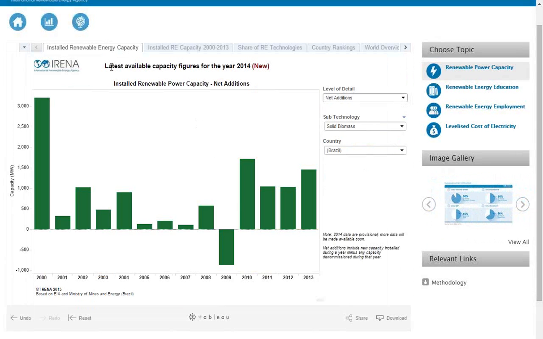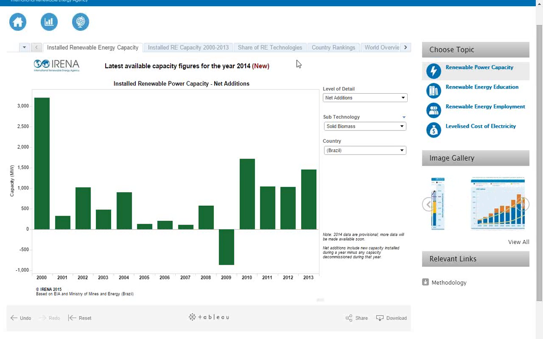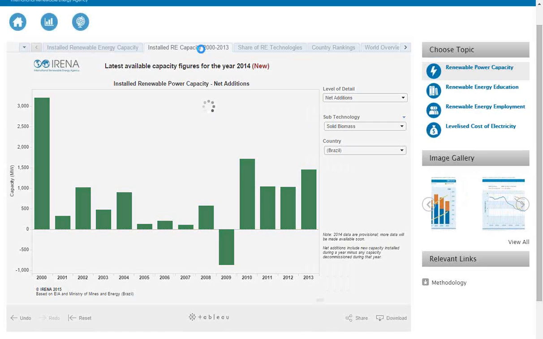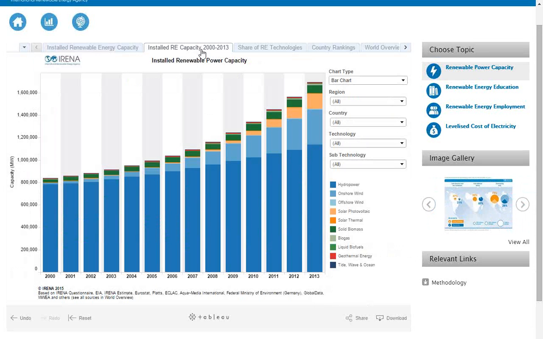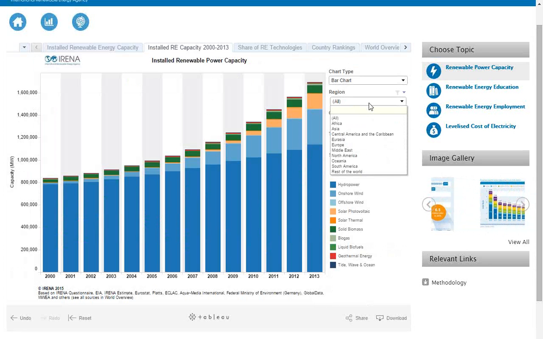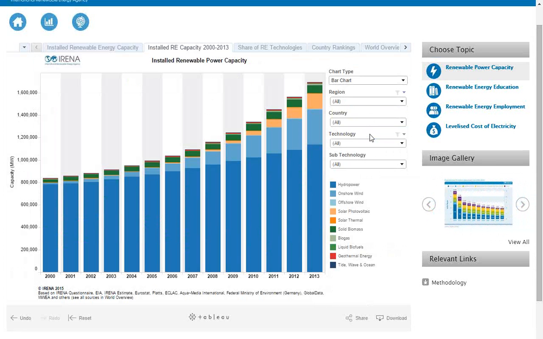So this is for the first tab that we have here. But when it comes to power capacity, you also have different visualizations. So we would encourage you to play a little bit more with the specific information that we have online. We have all the data sets for all the technologies and all the countries available for the years 2000 to 2013. And then here again, we can play with the filters and select any region in the world, for instance,